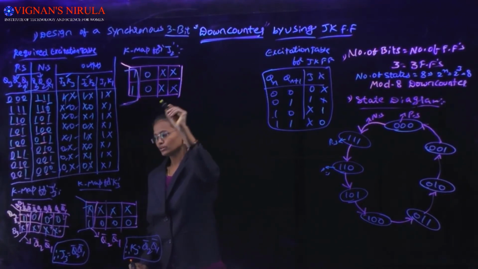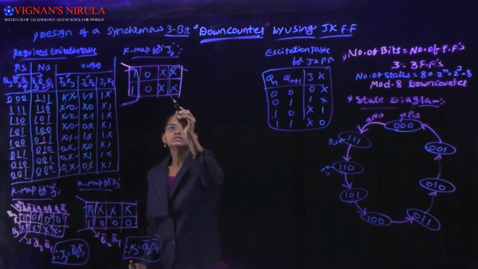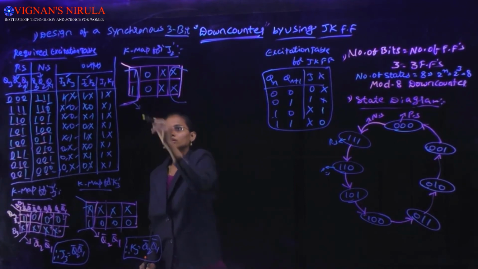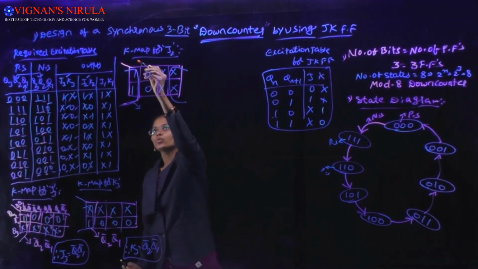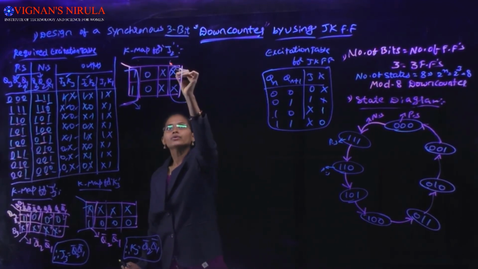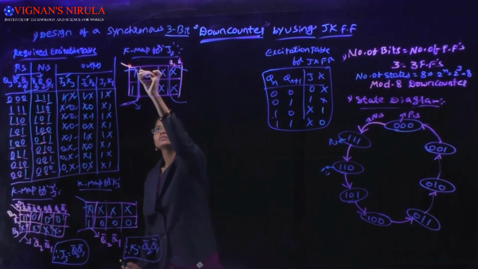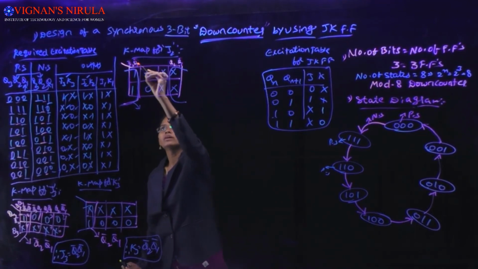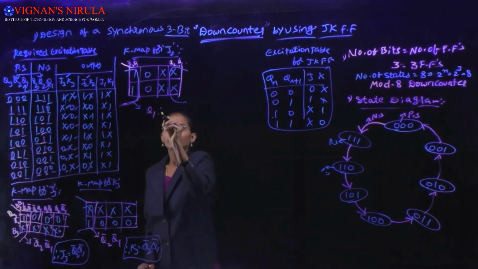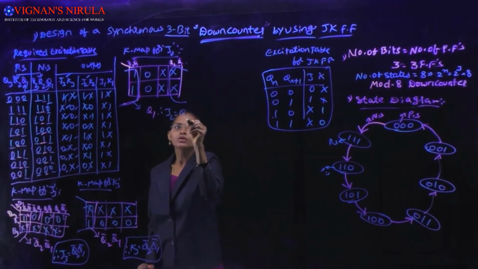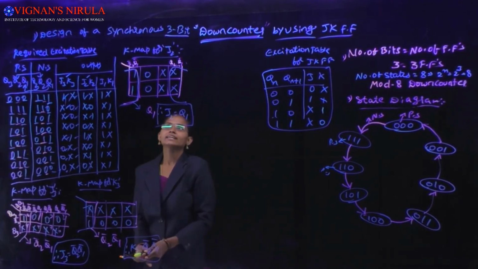0 and 4 and 2 and 6. In both the equation is this is Q2 bar and Q1 bar, and this is Q2 and Q1 bar, Q2 bar, Q1 bar. In both common variable is Q1. Okay, finally J2 equal to Q1. Okay, and next K-map for